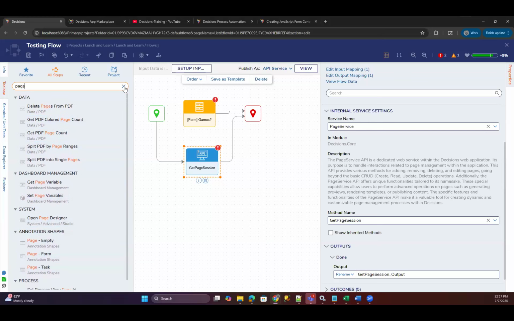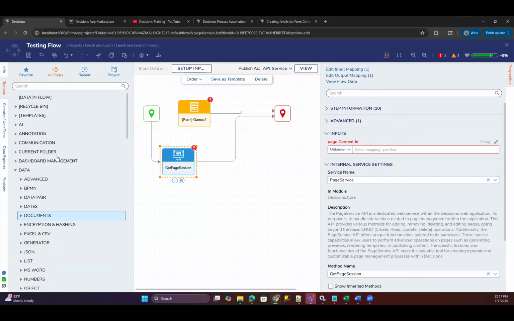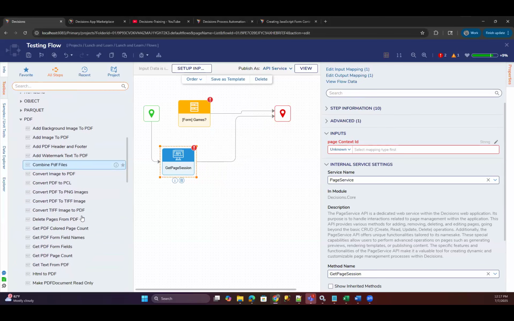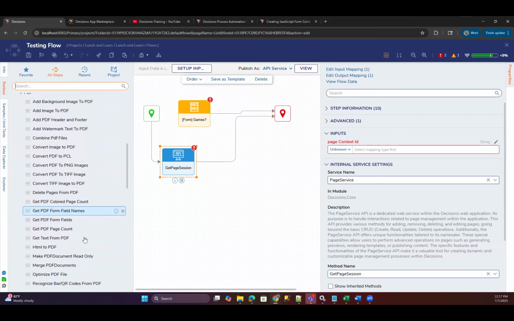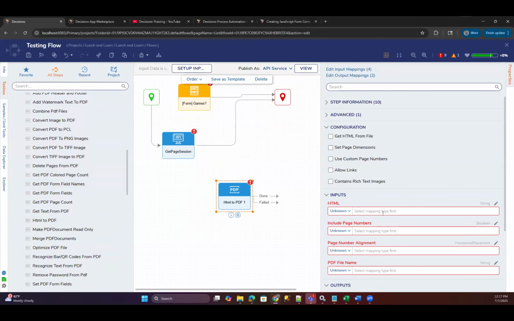I think where you're heading is the best bet if you can get that JavaScript thing figured out, the specifics of that. I think that will probably be your option. There are things within here that you can convert, like HTML to PDF, so you can try that as well. Try it on the steps first before you mess with the JavaScript. If you have stuff within HTML, you can just take the HTML and a couple other things like the name of the file, and this should just convert it into a PDF for you. If that works, you might not even have to worry about your JavaScript stuff.